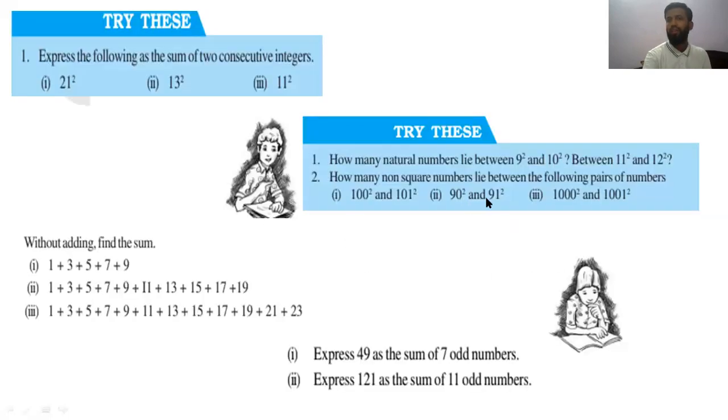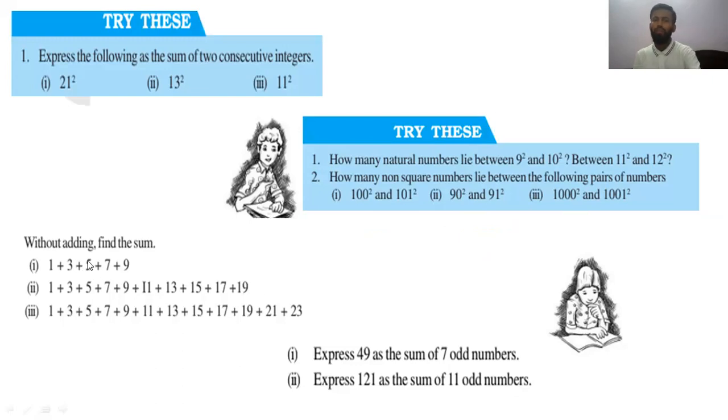ऐसे ही हो जाएगा 90 और 90 स्क्वायर और 91 स्क्वायर के बीच में, तो छोटा कौन है, 90, तो 90 का डबल 180, 180 होंगे। इसी तरह से यहाँ पे 1000 स्क्वायर एंड 1001 स्क्वायर, आंसर होगा कुछ, हमें उससे कोई लेना देना नहीं है, हमसे ये पूछा गया है कि इनके बीच में कितने, तो 1000 और 1001 में छोटा कौन है, 1000, तो छोटे वाले का डबल 1000 का डबल 2000 नंबर्स आएंगे।